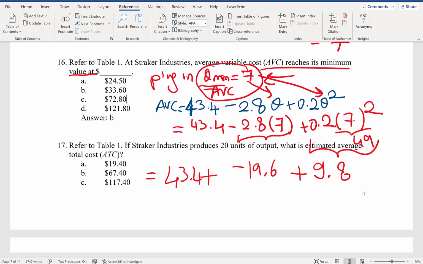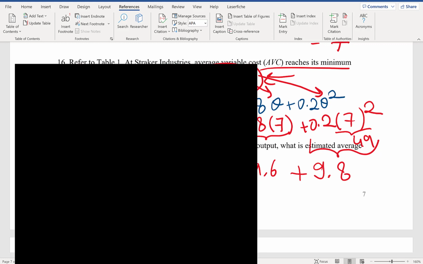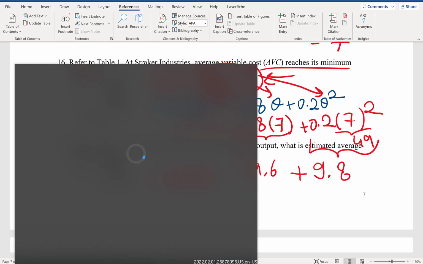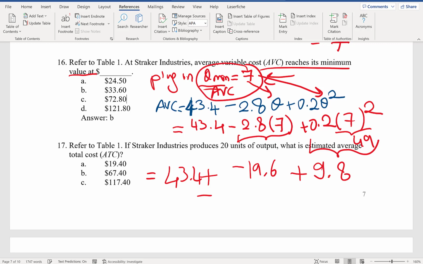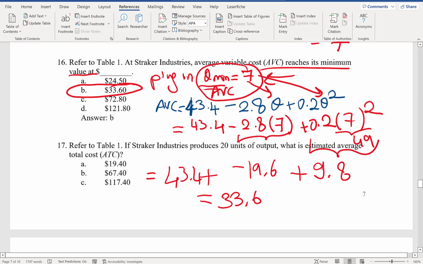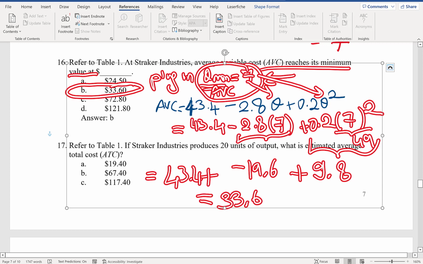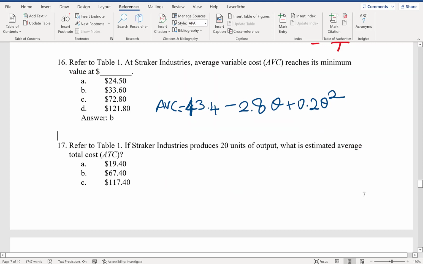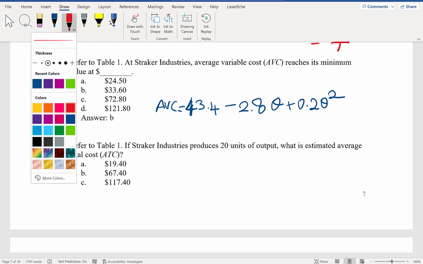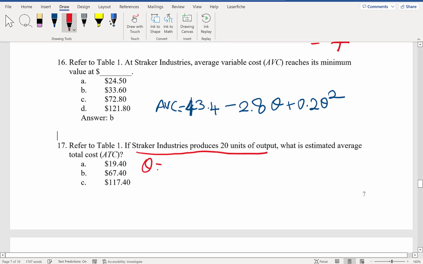I hope I'm getting everything right. Let's pull up a calculator. Okay, this is not working, but I calculated ahead of time and I find 33.6. Correct answer is B. Okay, so you just calculate these values. Okay, so question 17. All right, so let's clean this. Delete. Okay. If Straker Industries produces 20 units of output,